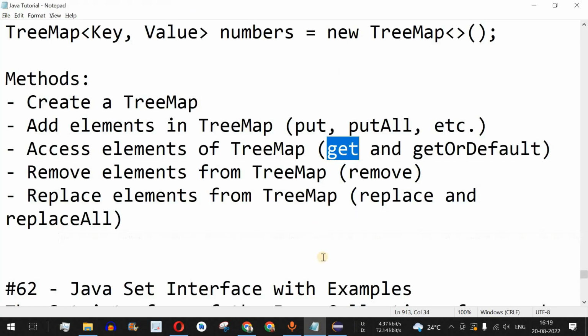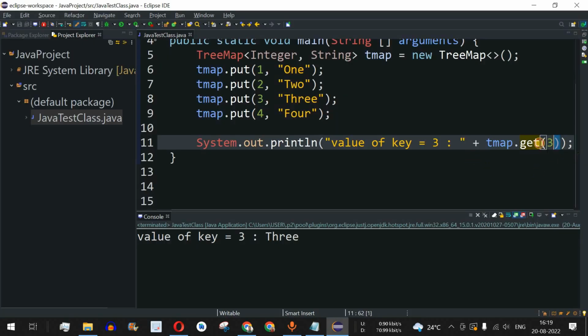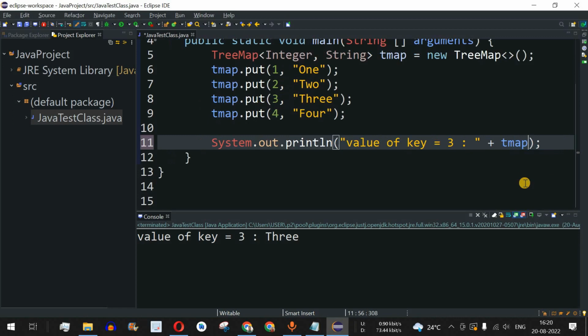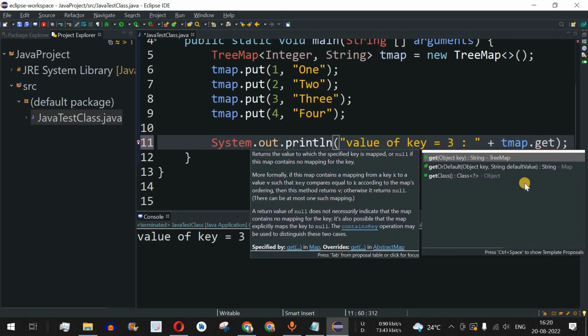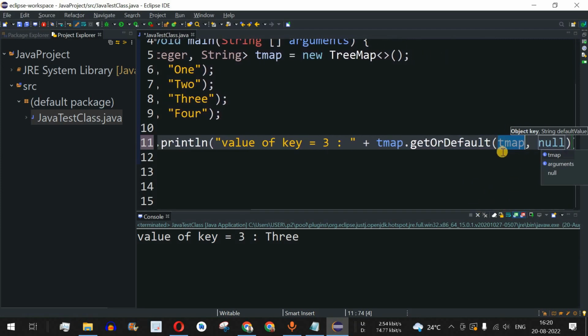Now guys, we have another variation of the get method, that is getOrDefault. So let's say if that key is not present, then a default value will be passed to this TreeMap object. So what I'm going to do over here is, instead of the get method, we are going to use getOrDefault. As you can see, getOrDefault is there, and I'm going to provide a key in such a way that this key is not present in the TreeMap.